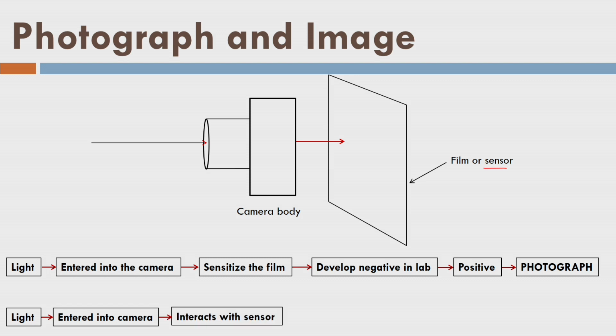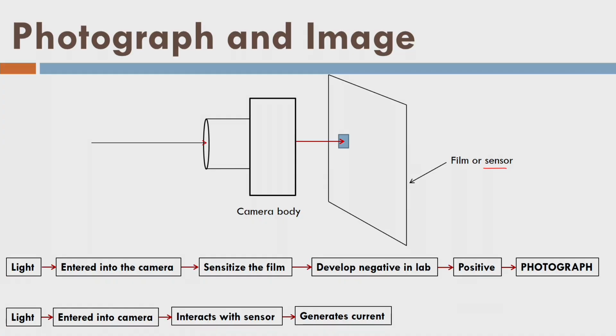Then the light will interact with the sensor, and because of this interaction at a certain point electricity will be generated, because we remember the semiconductor physics, or semiconductors, has the property, some of the semiconductors, that if light interacts with that, they will release some photons, and those photons will generate some current, and this current will be generating some voltage, and that voltage now we will measure and convert into some digital number like this, and my so-called product, that is what we call image, will consist of some digital numbers.